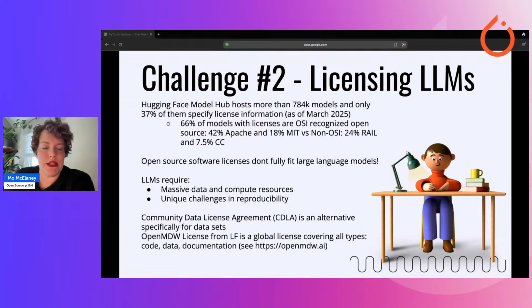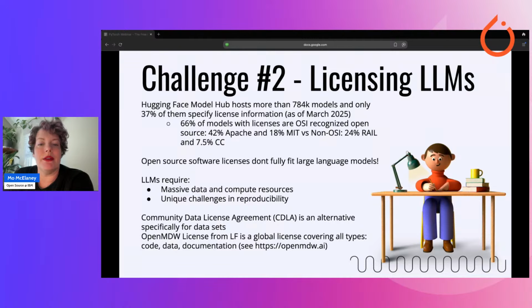The next challenge is the fact that models are not source code. They're typically a bunch of data. And so the problem is that if you go to Hugging Face, any model you pick will hopefully have license info there, but they're often completely custom. They're built off of software licenses, which are not the same thing.